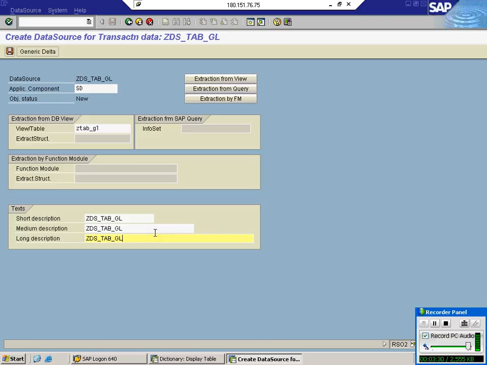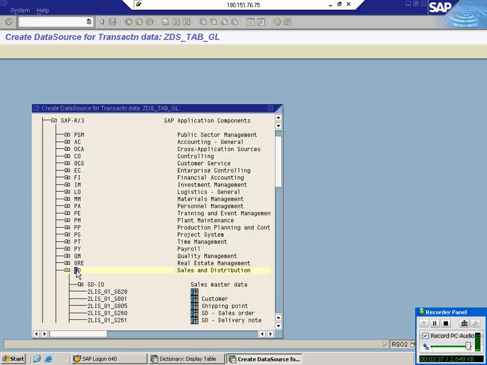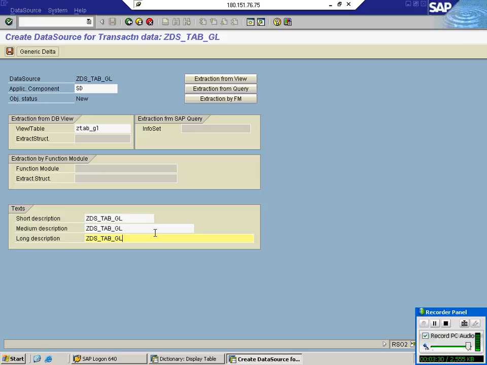There are default applications which are delivered by SAP. We are using that. Normally it is relevant to some application, and we are going to use that application.